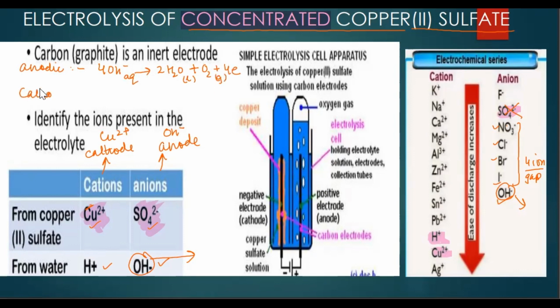The cathodic equation for this is going to be, because the copper ions are being discharged at the cathode, right? So they are in the aqueous state symbol, and they will be accepting. How many? They have to accept 4 electrons. So in order to accept 4 electrons, how many copper ions will be taking 4? It's the 2 copper ions that will be taking 4 and will be getting 2 copper atoms deposited at the cathode. We can very well see the copper being deposited in the reddish brown color over the cathode here,